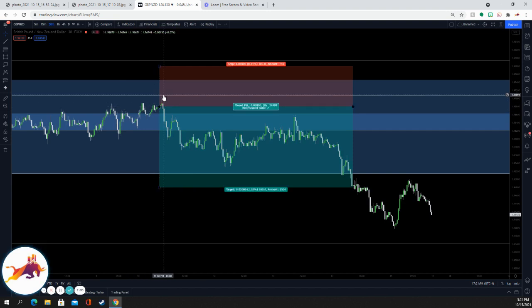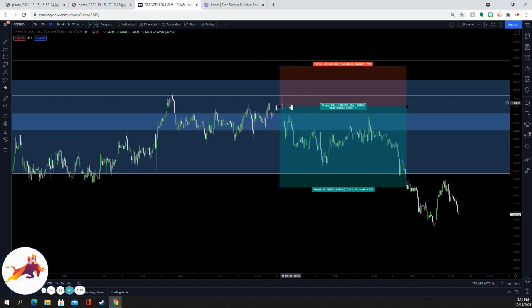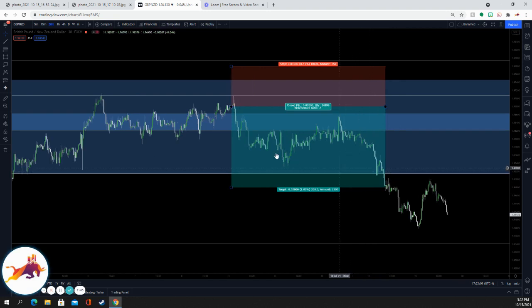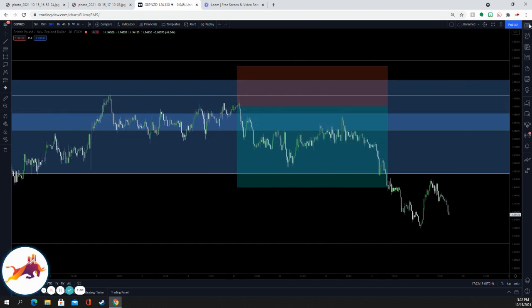Obviously, not much drawdown. It actually retested another zone just above and then pushed lower. So nice transition on this time frame. And then we went right to TP over here on October 14th. So about a 2-day, 3-day trade. Not bad. Good swing position. We did see some consolidation here, but a nice 2-to-1 achieved on that trade. Okay, so let's move over to our next one,